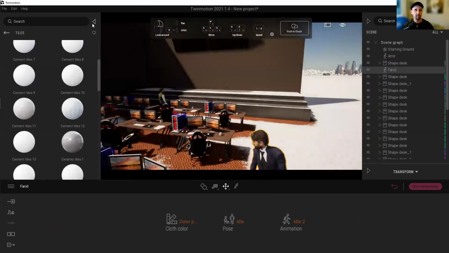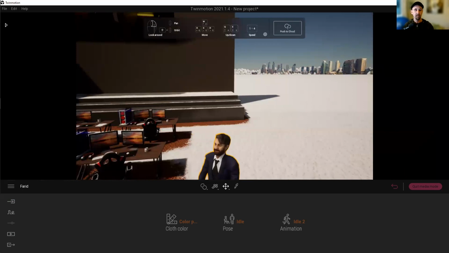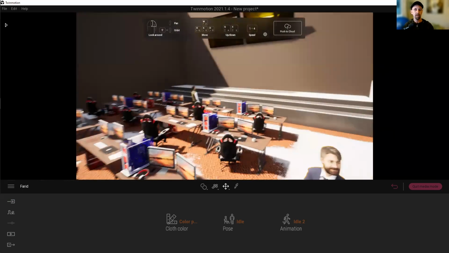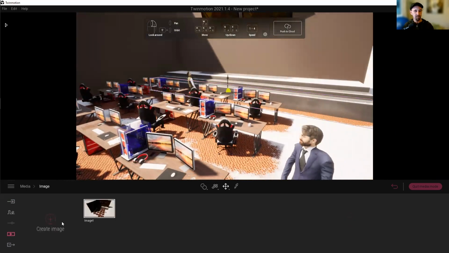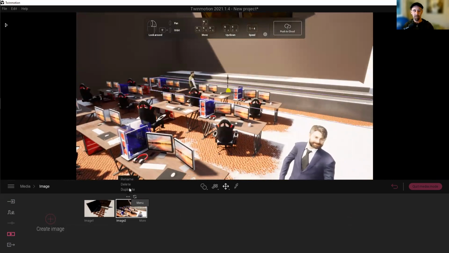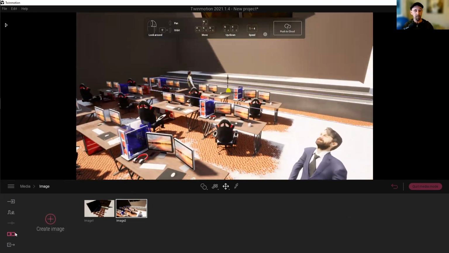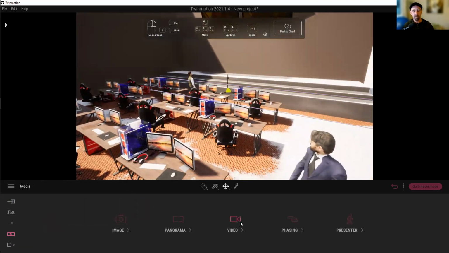Let's go ahead and close some of these panels on the side. Right, and then we'll go right about here-ish. We'll catch him right in the corner. Go back down into our images, say image, and then we can create a new one. Ta-da! And then we get that one. If you want to delete them, you can just click right here and say delete, rename, duplicate, whatever you want to do with those. And if you need to do a video, go back into this and go into video,